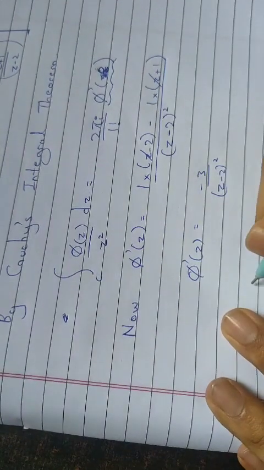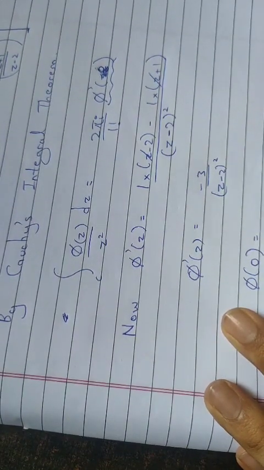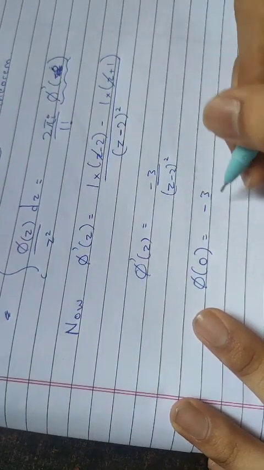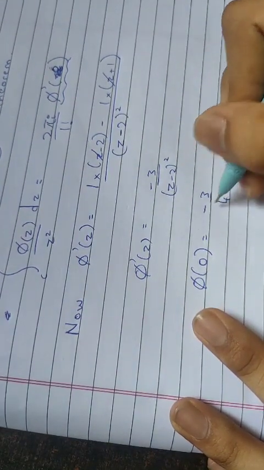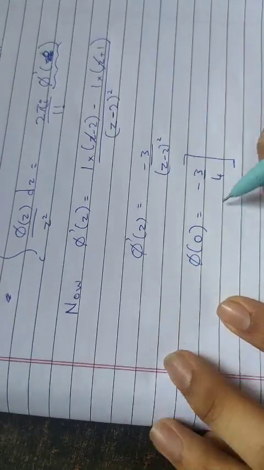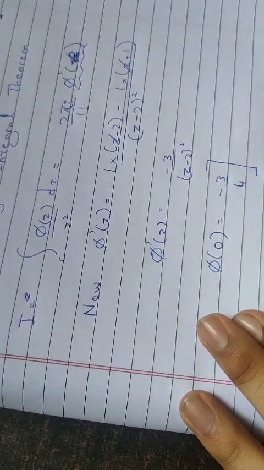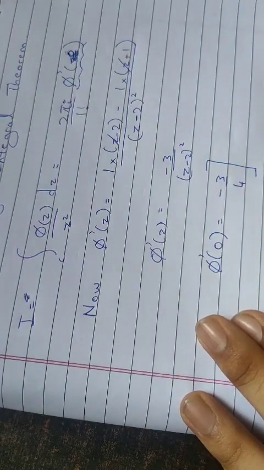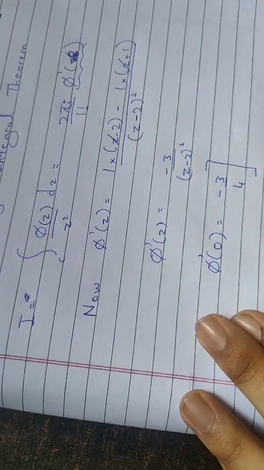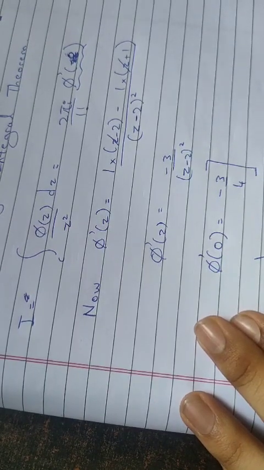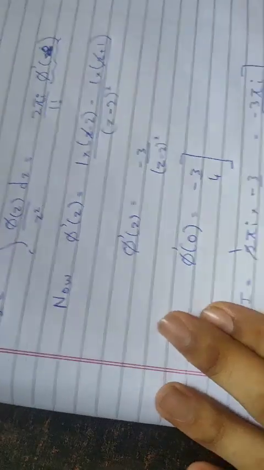However, we are not concerned with phi dash of z. We want phi dash at 0. So we can just put the value 0 and see what we get. We get minus 3. If you put a 0 here, we get minus 2 whole square, which is basically positive 4. So we get our value as such. And if we write this as I, we get I is equal to 2 pi I into this, phi dash, minus 3 by 4. 2 ones are 2, 2 twos are 4. So we get I is equal to minus 3